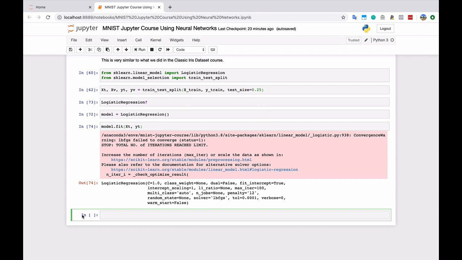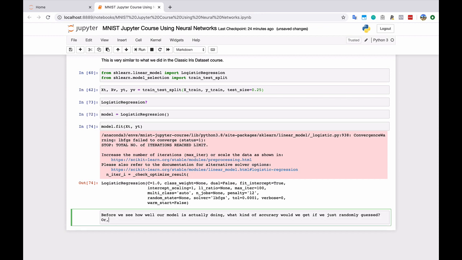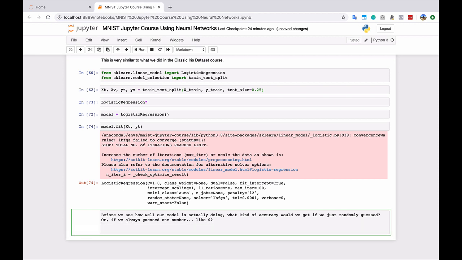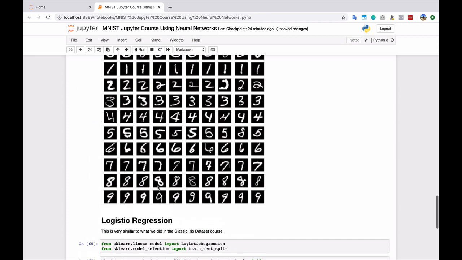Now, before we see how well our model is actually doing, maybe I'll put a little note here. Before we see how well our model is actually doing, what kind of accuracy would we get if we just randomly guessed, or if we always guessed one number like 0? So, you can think about it for just a second. If we're just randomly guessing,